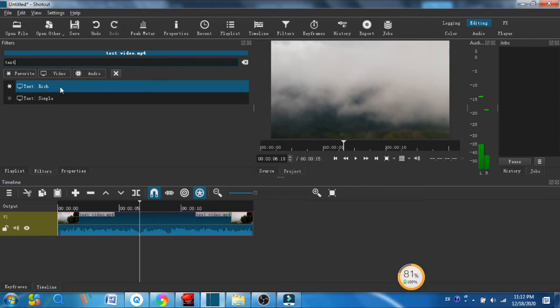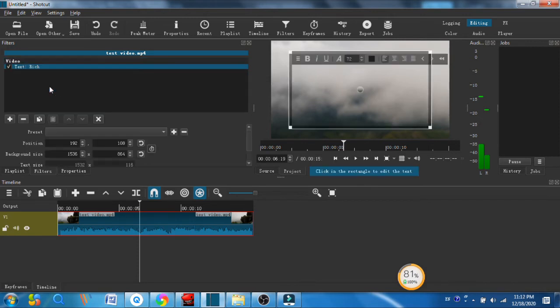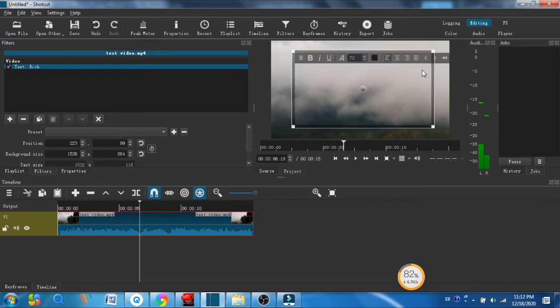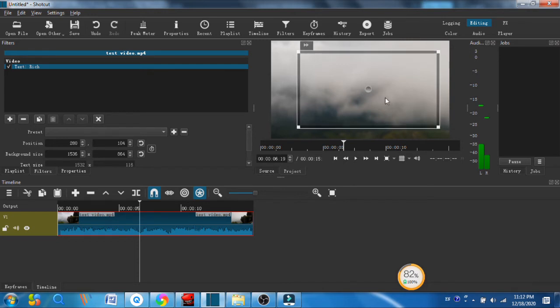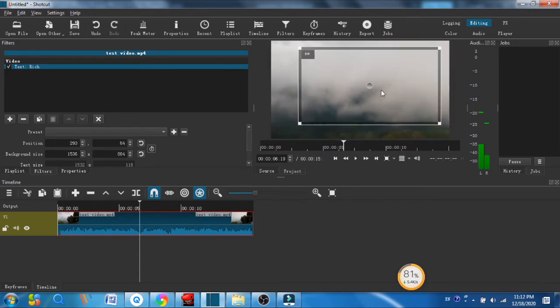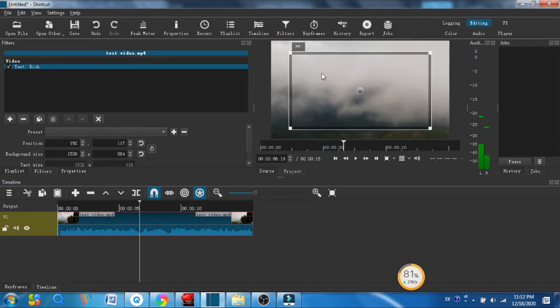For example, here I just select the first one. Just double click it, and this is the text box. You could also tap this button so that the bar above disappears, and tap it again to show this bar. You could also drag this box anywhere in the video. Here you could just type any kind of text, for example, the beautiful